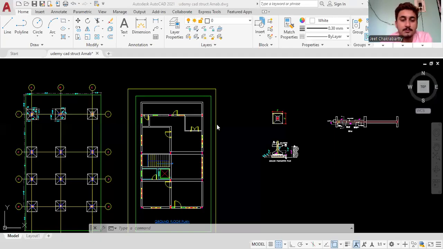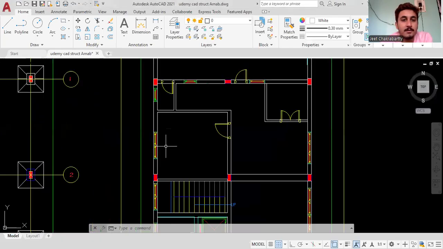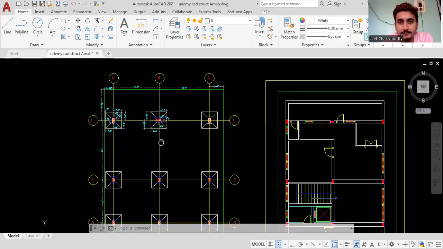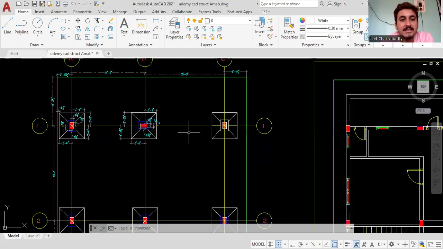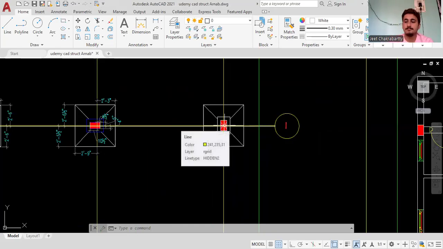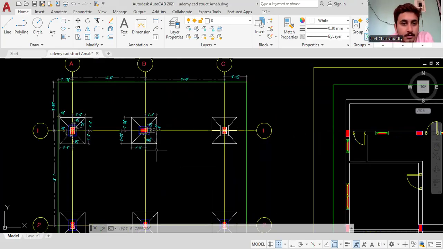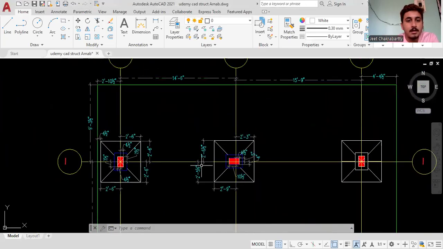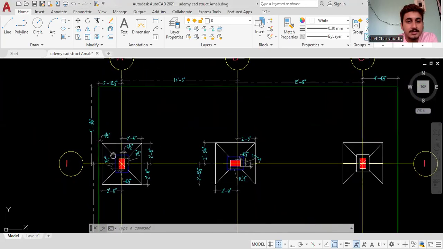Okay, welcome all. So today, in our previous class, you have seen that we have done the center line of the footing. So today we will see how to name it and mainly how to make a table of it. Okay, so let's start. So how will we give the name? So let's see, in this footing, you can see that